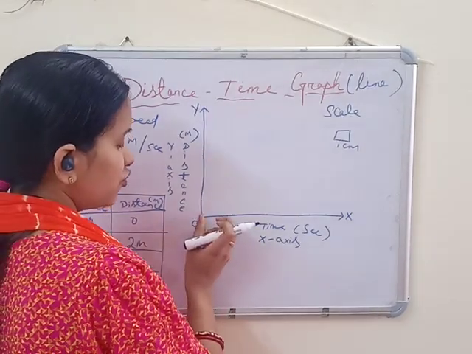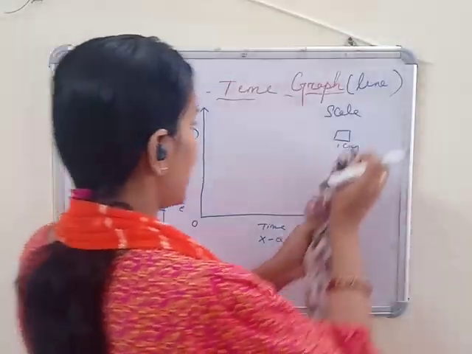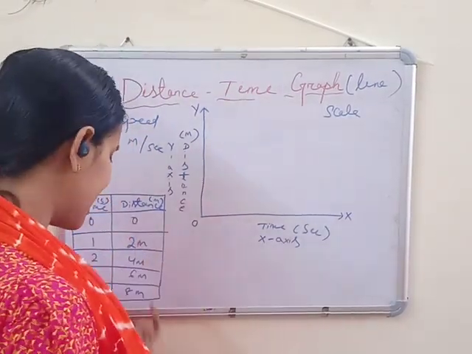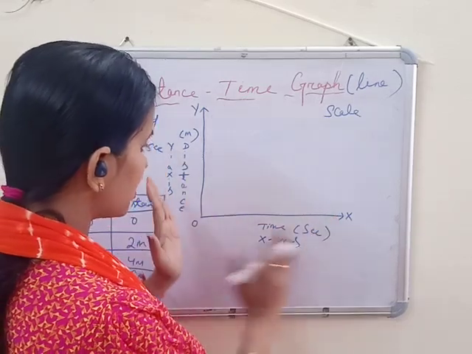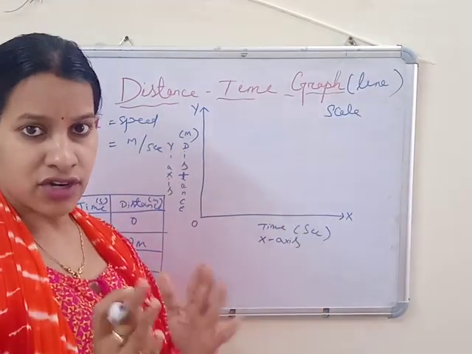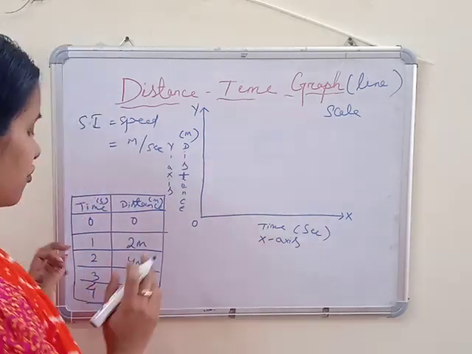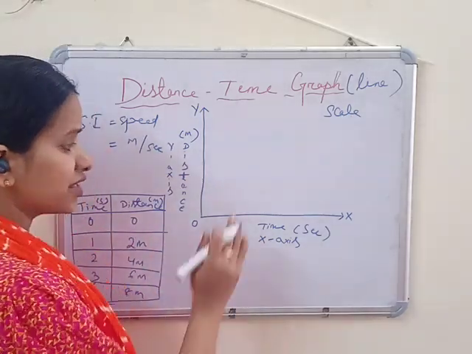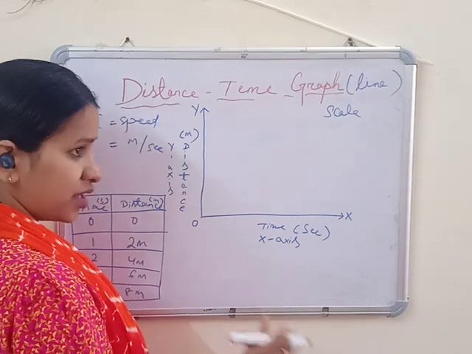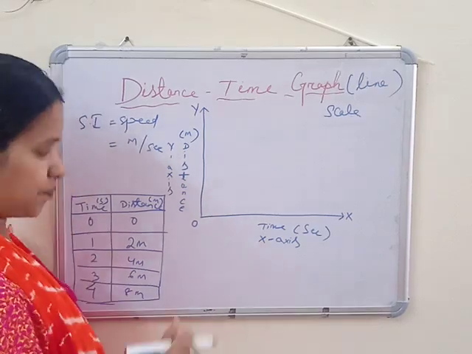So we have to decide what unit we will take for 1 centimeter on the x and y axis. The scale of the x and y axis should be chosen properly so that all the data can be accommodated in the graph which you are going to draw. Graph paper is not that big, so you have to choose the scale for the x and y axis so that everything can be adjusted. And the scale should be decided in such a way that the gap between each and every quantity you write on the time and distance axis should be the same.